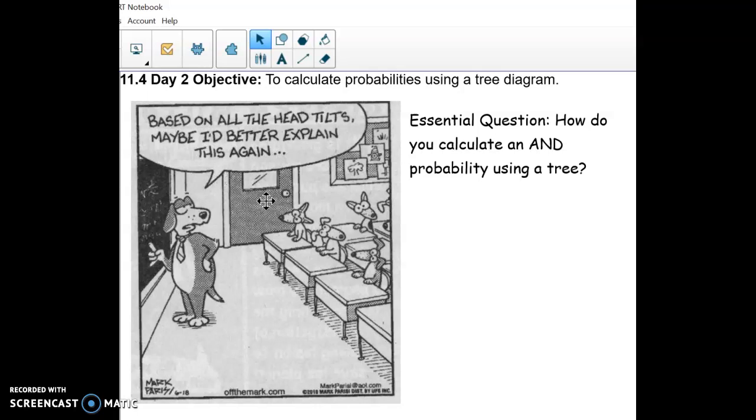Right, we are going to do another day of 11.4, which is mostly going to be conditional probabilities, but just general probabilities using what's called a tree diagram. And it's pretty useful especially for dependent probabilities. So, a really quick example: